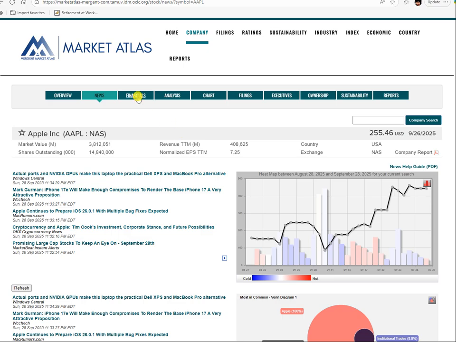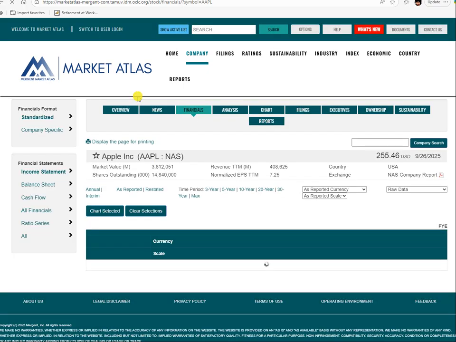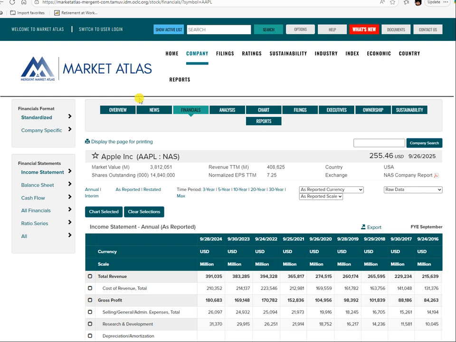If you like the financials, click financials, and here you can get access to their financial statements. You can check the income statement, balance sheet, and cash flows. Or if you want to go to the ratio series,